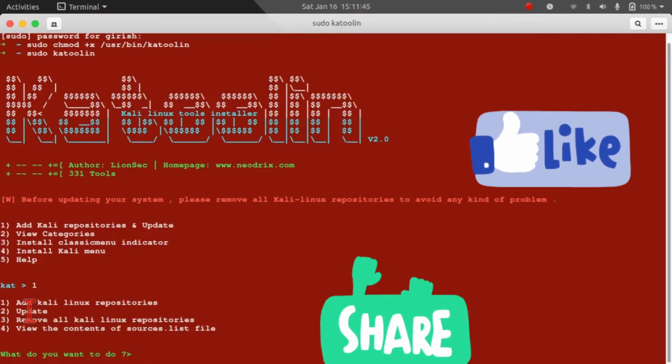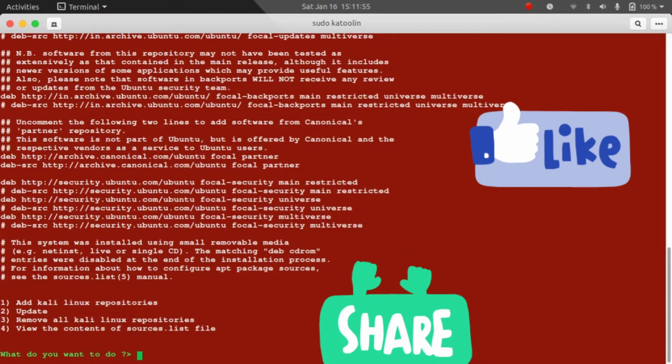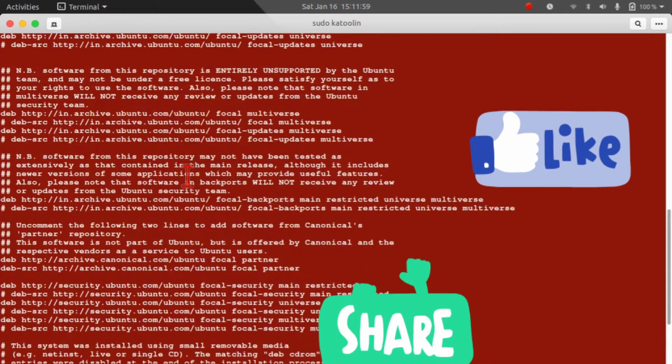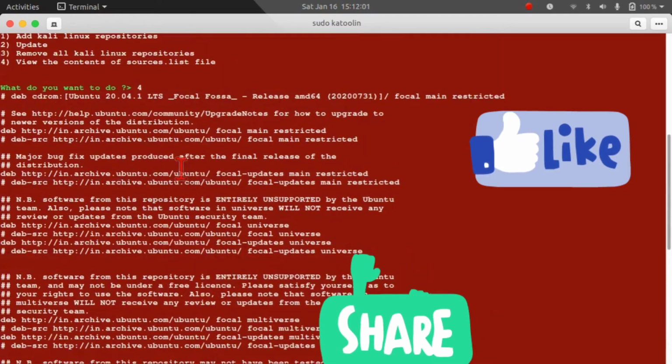So before adding the Kali Linux repository, let us check the contents of the source list by hitting 4. So here we cannot find the Kali Linux repository.